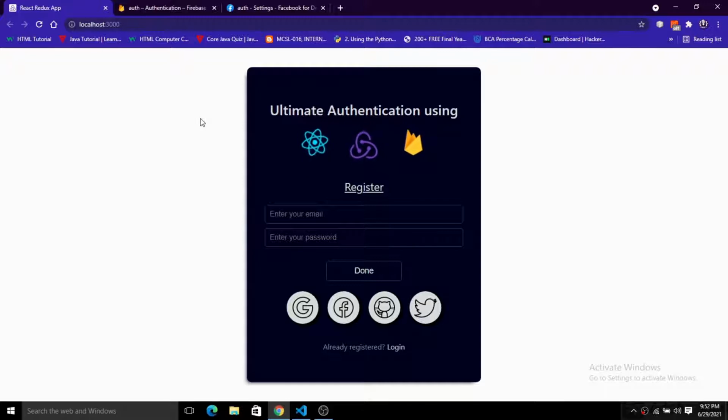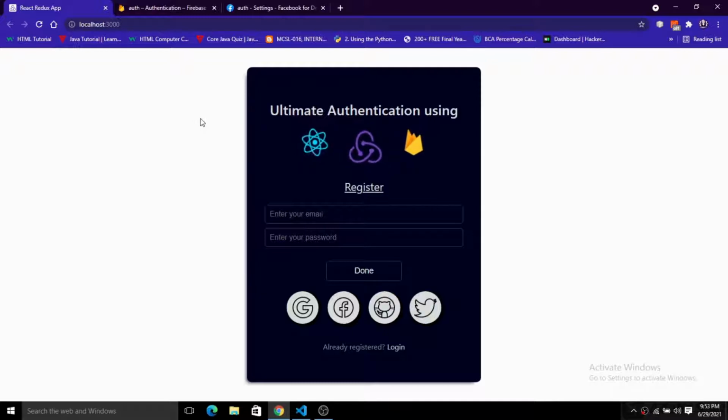In this video, we are going to build an ultimate authentication video tutorial using React, Redux and Firebase. This is the second part of this build. In the first part, we have already seen how we can authenticate a user using the email and the password. Now in this part we will cover the Facebook authentication. It is just a bit tricky, but after this video, all your confusion regarding how you can enable Facebook authentication in your project will be gone, and it will become easy for you to implement.